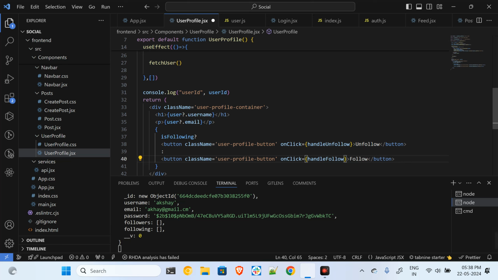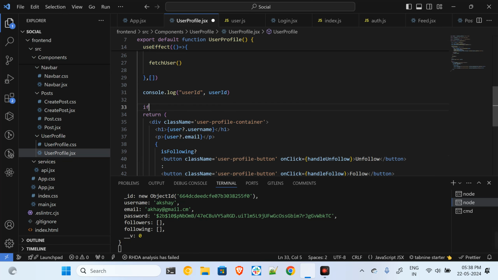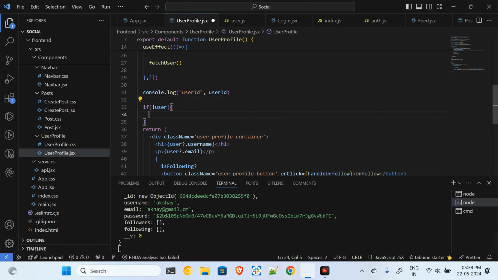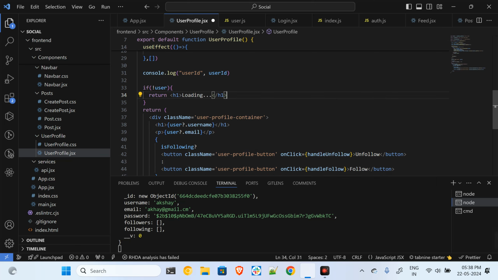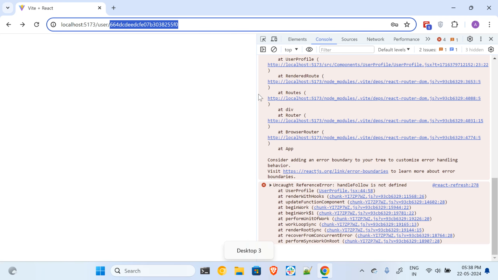And if suppose whatever user we are trying to find, if the user is not found, then I have to give the loading statement. I will say if not user, then I will give the loading. Okay, so if suppose the user has not been found,